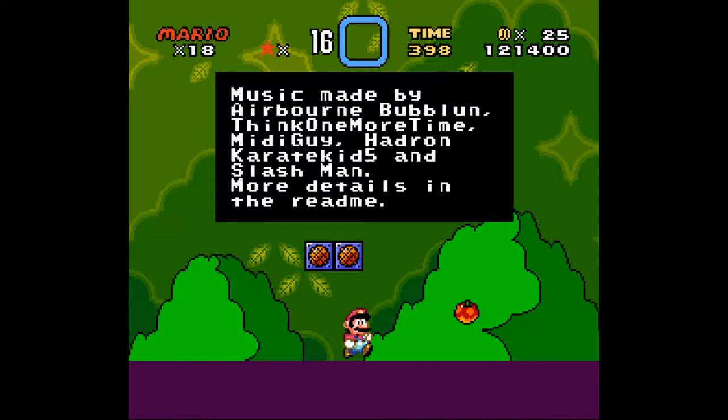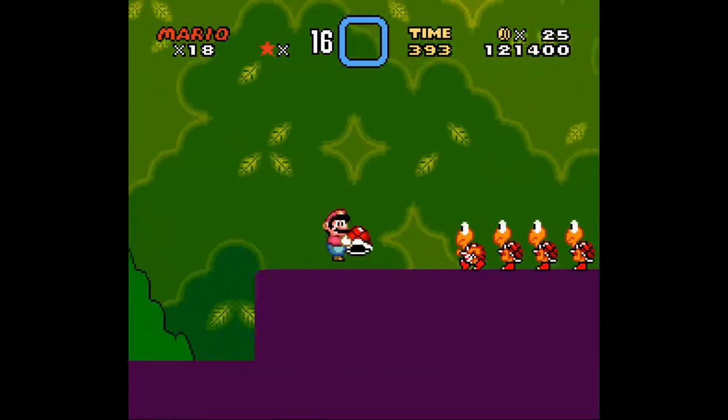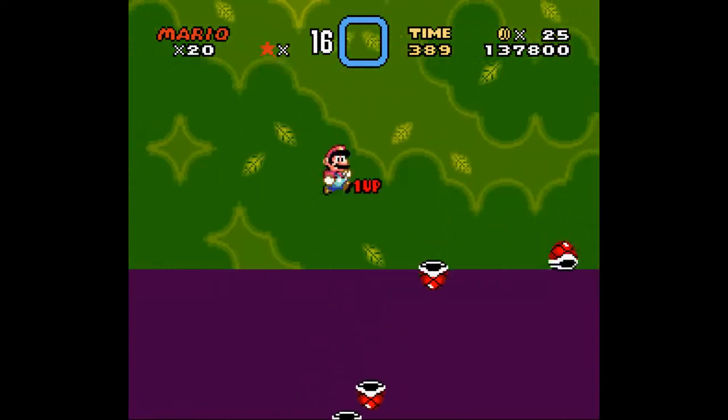You could at least give me a hook or something. Of course, we gotta thank these people, because they made the music. Even the Nyan Cat guy. Then this pretty much looks like Yoshi's Island 2, except the ground is all purple. Yeah. All those Koopas on the ledge there, and...